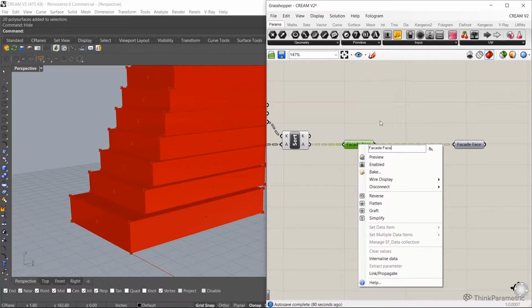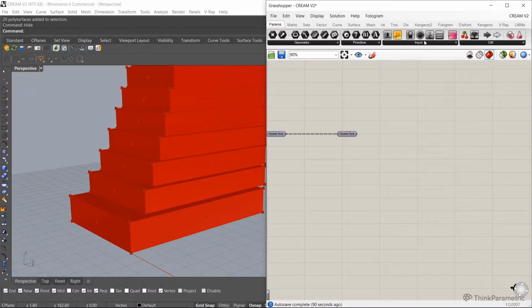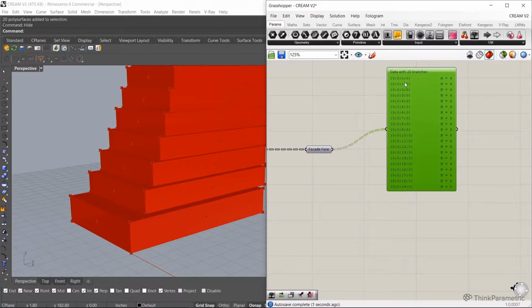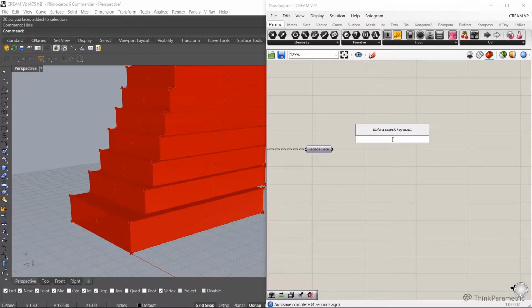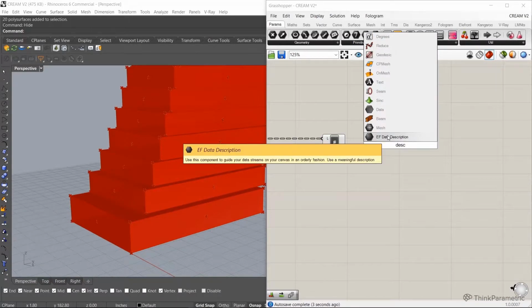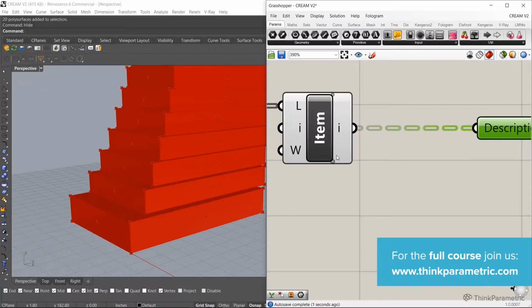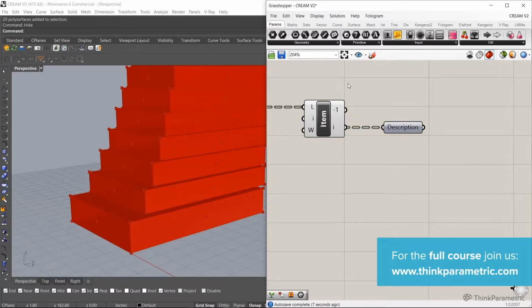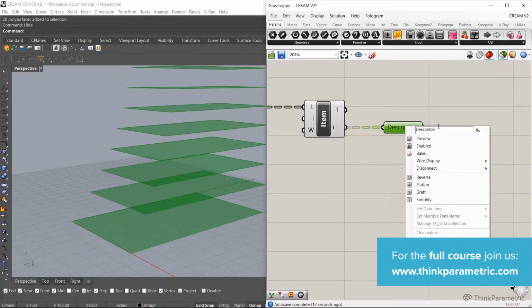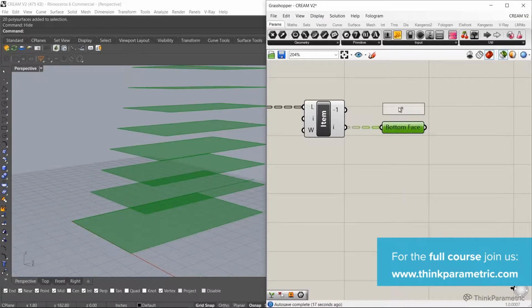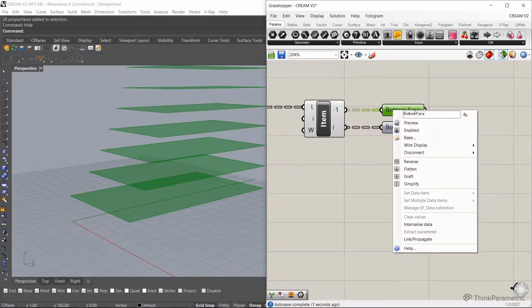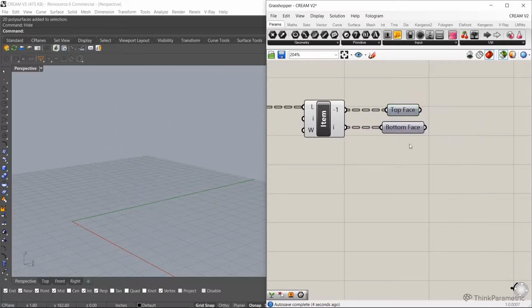We're going to take a second to create the floor plates because we want to have them, and it should be relatively straightforward. In our data tree, we should have 6 faces for each one of our boxes. For creating floor plates, I'm only interested in the first item in my list and the last item. Let me switch back to select only. Here we have the bottom face, and this will be the top face.